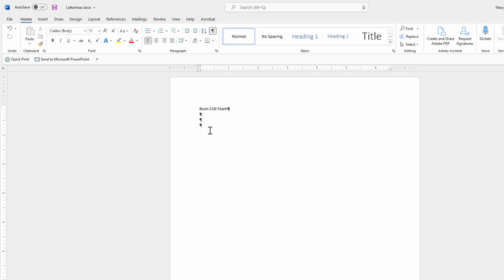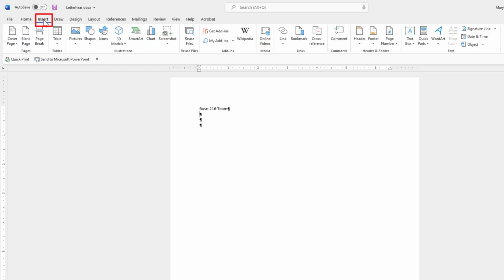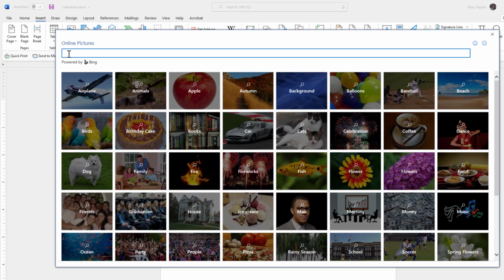And to insert a picture, if you remember from our last video, you come here on the Insert tab from our ribbon, and then you click on the Pictures button here on the Illustrations group. So click on that. And then we will insert our picture from the online pictures. So I will click on that. And right here from the online pictures, I will type graduation